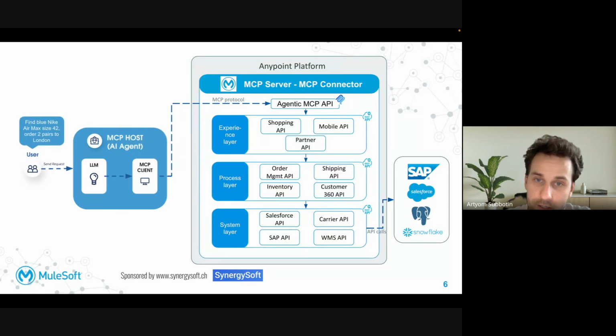And the error handling needs to be agent aware. If stock is unavailable, the MCP server must return an appropriate message to the agent, not a 404 or something like this, which would not be understandable for the agent.